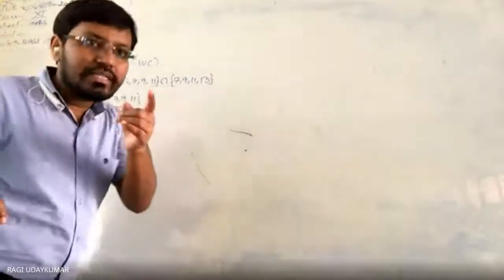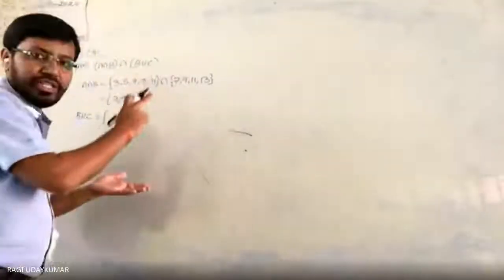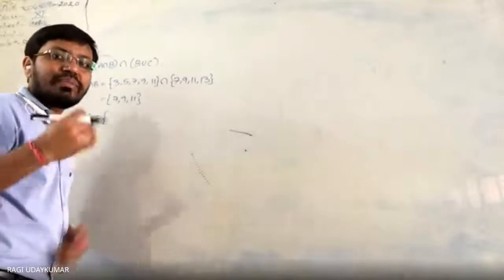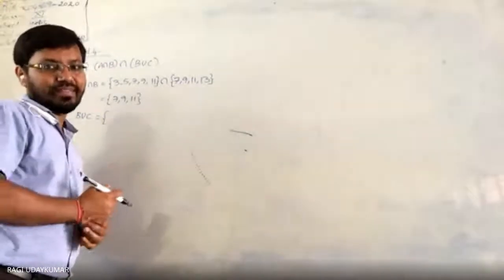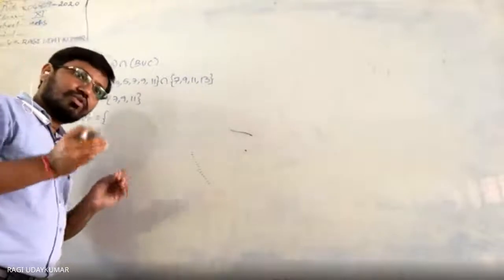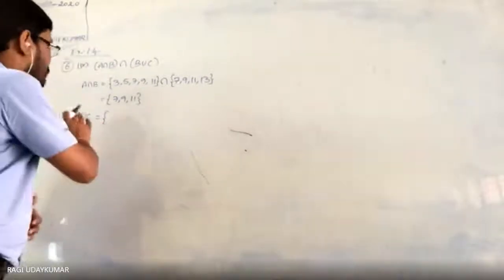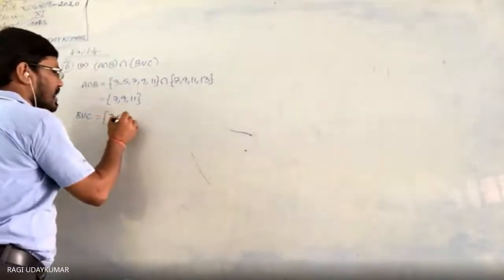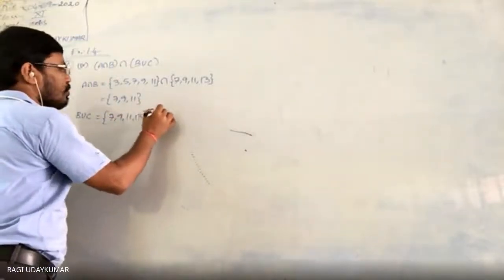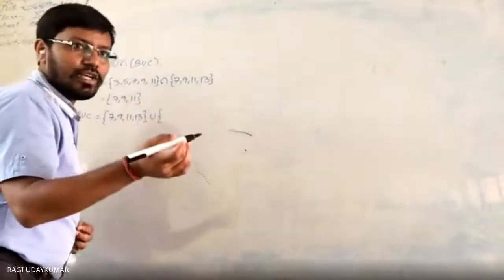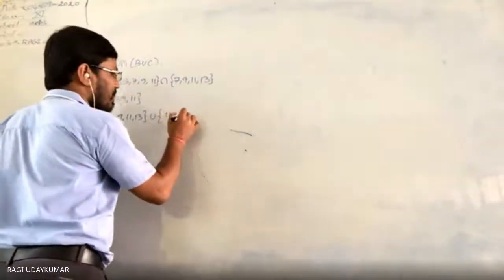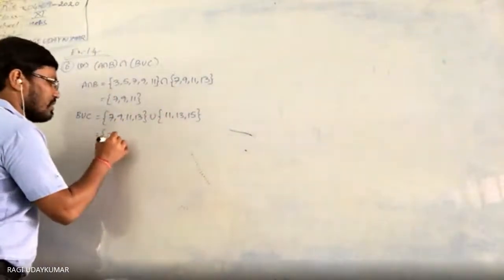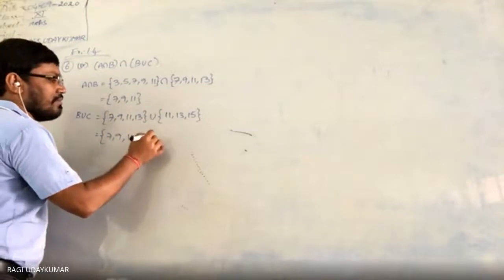Otherwise, if you can see what B is given in the question, you can write it directly. But sometimes it leads you to write them with some numbers, some elements of the set. So my best suggestion is to write completely. Although it looks lengthy, it is not more lengthy. You write 7, 9, 11, and C is given to you as 11, 13, 15. You write 11, 13, 15. Here the union is asked. So the union is nothing but 7, 9, 11, 13, 15.